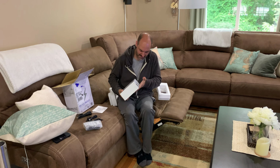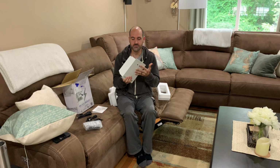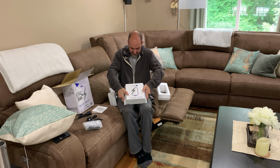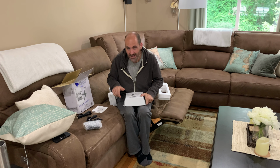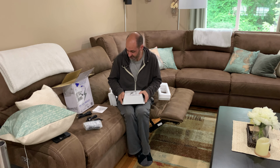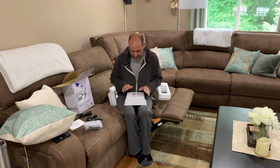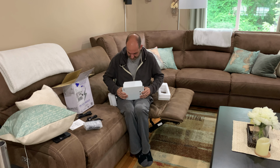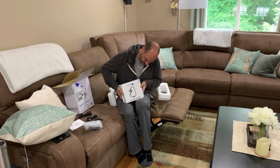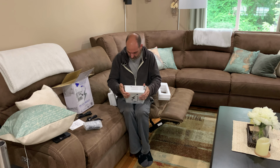But man, this thing is heavy. Now, the battery, I believe, it said it was only an 18 amp hour. This thing must weigh 20-something pounds. Maybe 15 pounds, 20 pounds. My 150 amp hour deep cell battery weighs 100 pounds. 3 of these might weigh almost 70 pounds. So it must be a pretty heavy duty battery. So basically, the battery's in there. And so far, it doesn't look like...